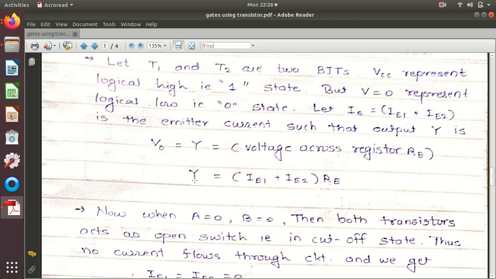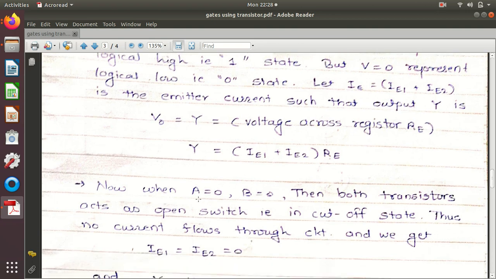That is, Y equals (IE1 plus IE2) into RE. Output Y equals current into resistance RE. Now, let us suppose that